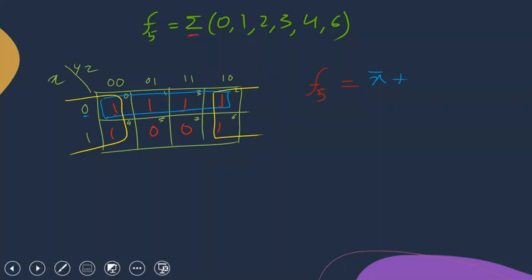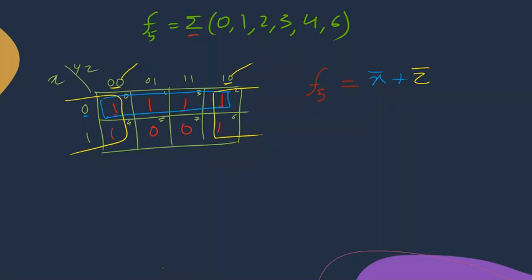Now look at the yellow box. In the yellow box, x is actually changing. For some ones it is 0 and for other ones it is 1. Now concentrate on the yz numbers. Here is the yz for these two ones, and this is the yz for box number 2 and 6. If you now compare them, z is common and the value of z is 0. That means the answer will be z bar.